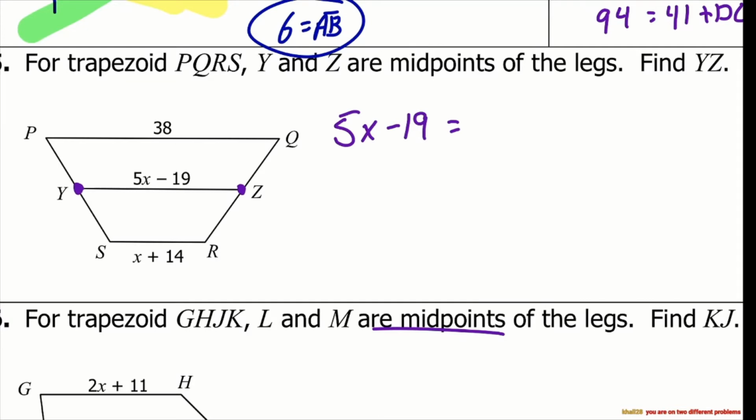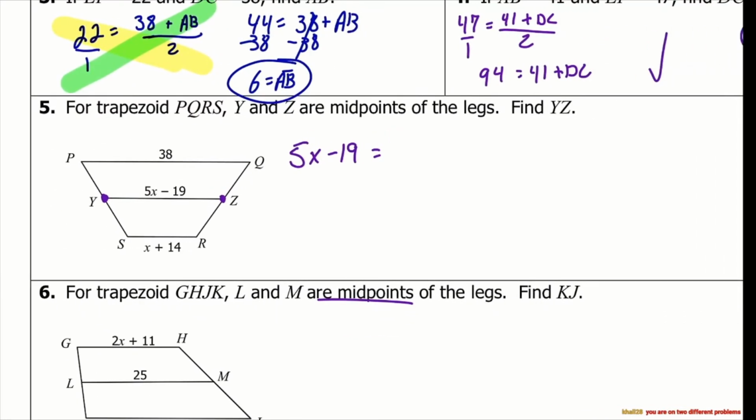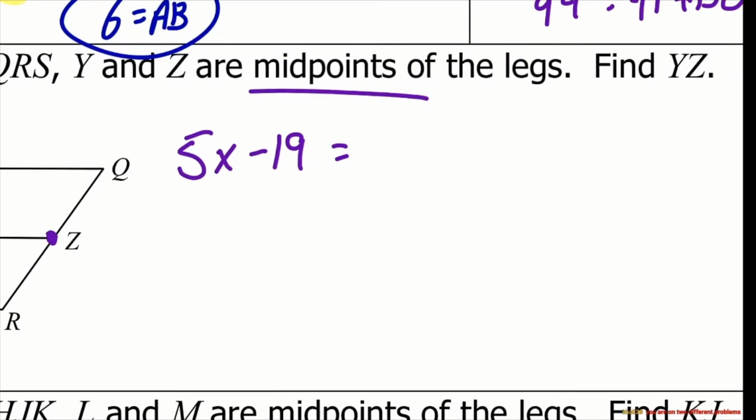I'm on two different problems. Oh, I just underlined the midpoints here. You're right. It's the same wording, but